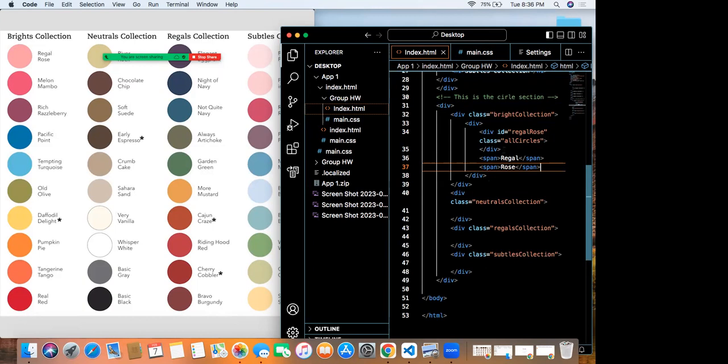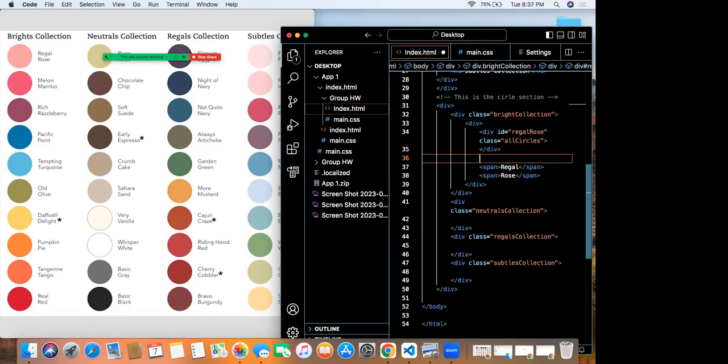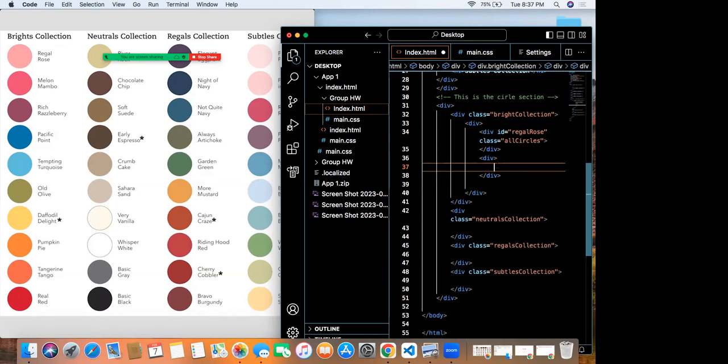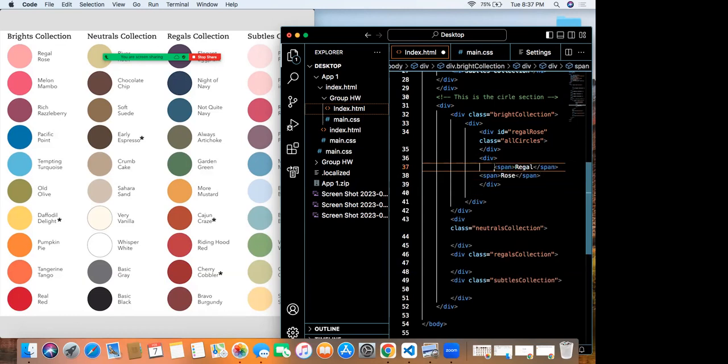Okay. So yeah, create a div. Exactly. I will move these inside of it. Okay, yeah, exactly. Like that.